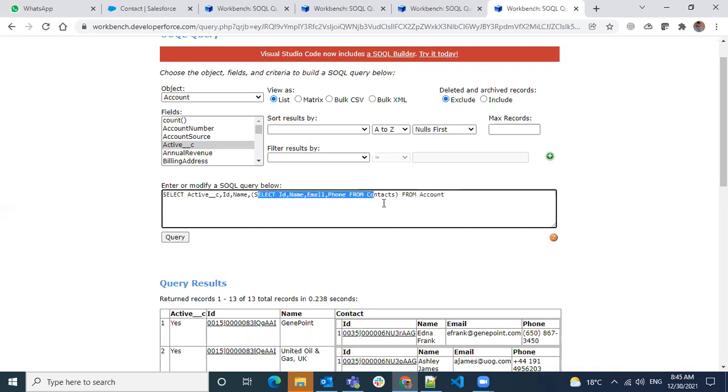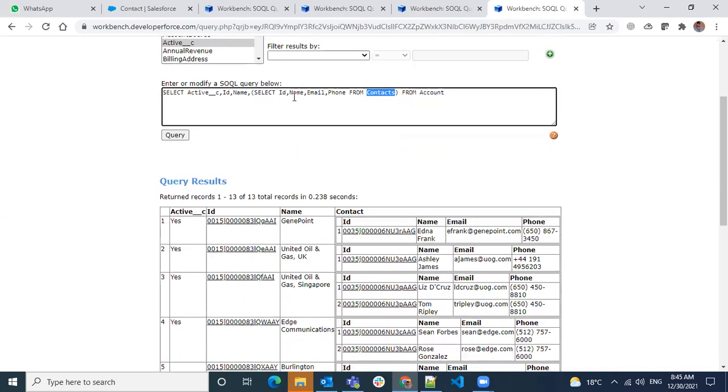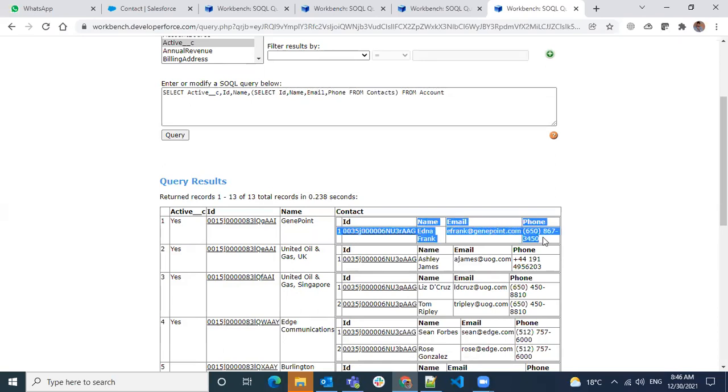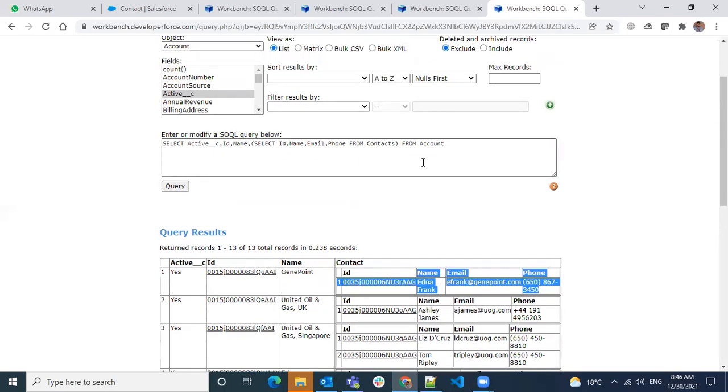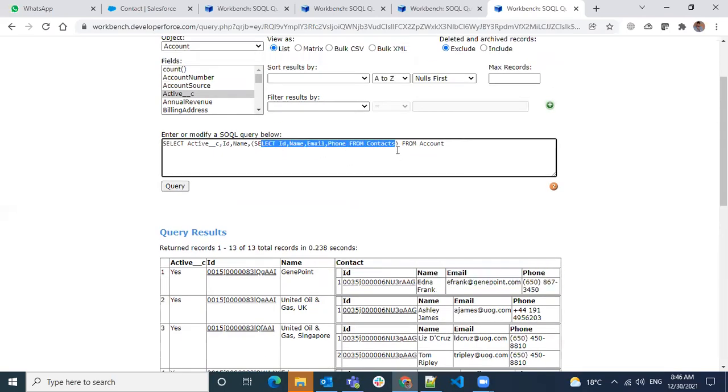Now, how to access these fields? I'm querying the child records also. The contact records, I have one more list inside it, and I have each field. How can I access this child query and child result? Whatever child result I get, how can I access these records, and inside the records, how can I access these fields? Just think how we can do it. I will show you tomorrow, but I want you to try all those.